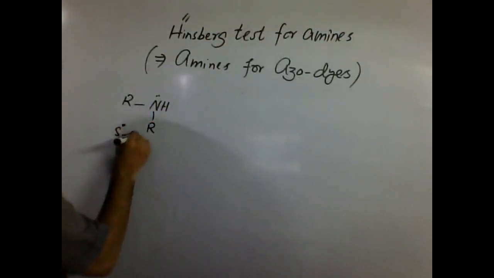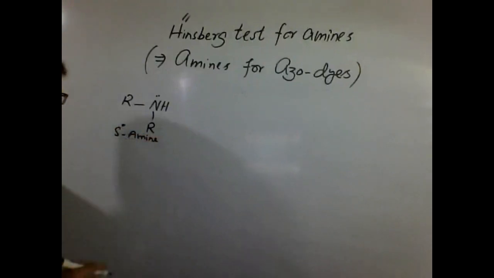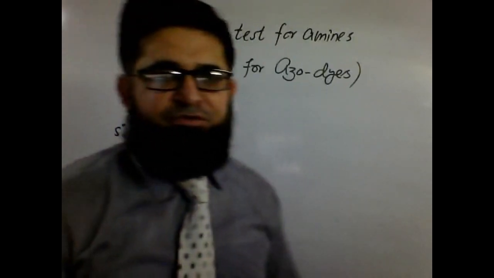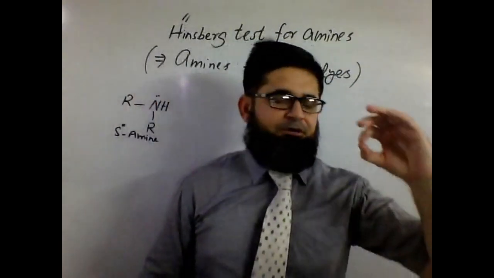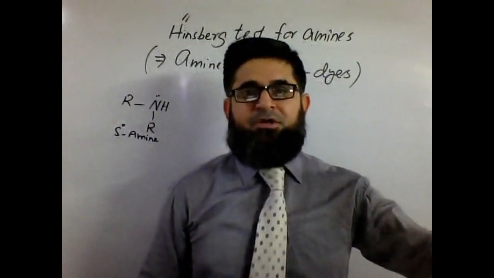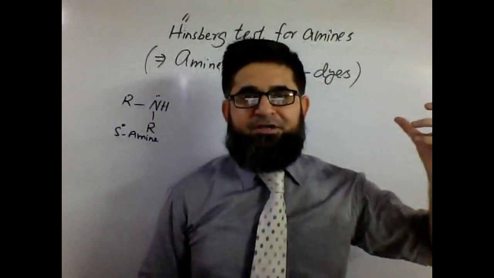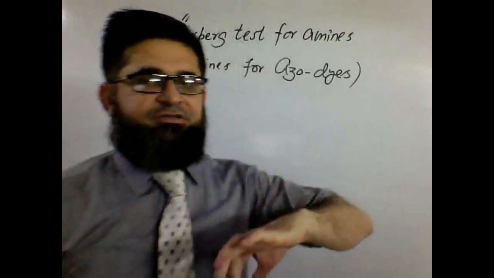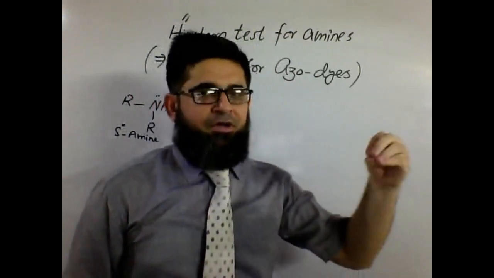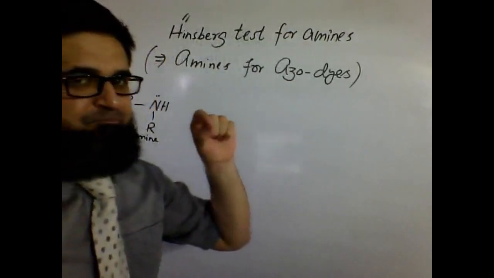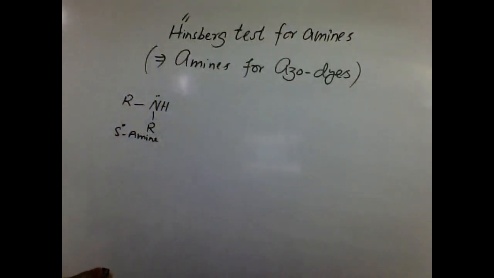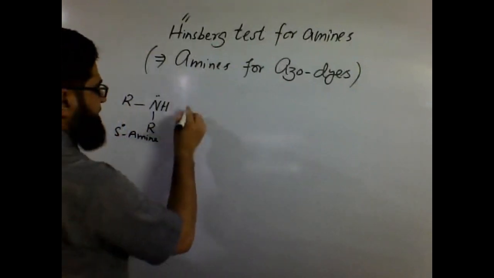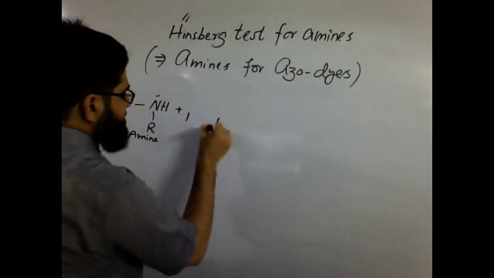I'm not talking about the nature of the R's at the moment, whether they are alkyl, linear chain groups, aromatics, or one is aromatic and the other is a linear chain. That's not an influencing factor at the moment. So if the two R's are there, it's a secondary amine. If you react it again with the Hinsberg reagent,